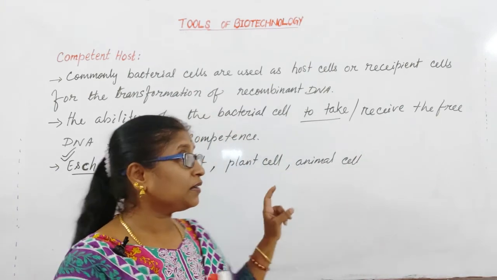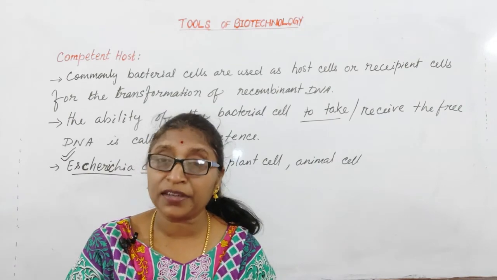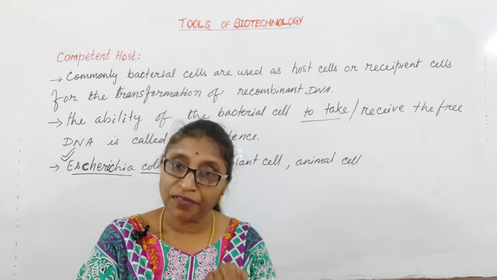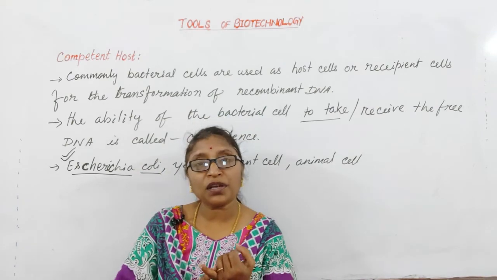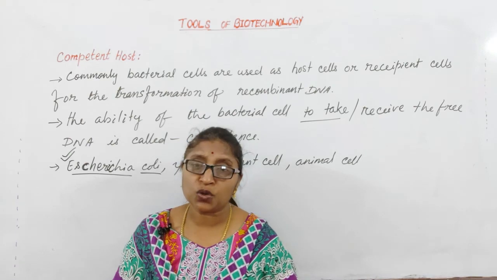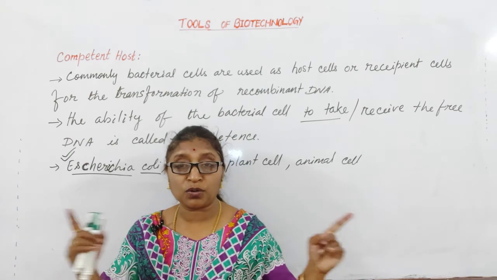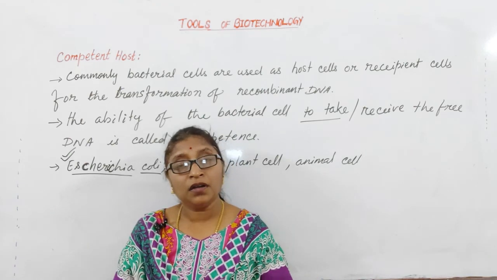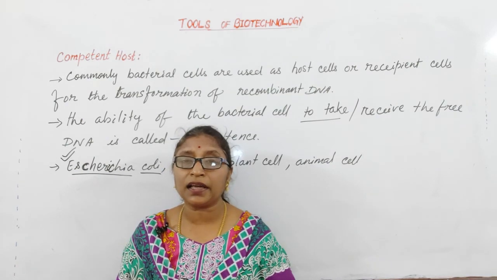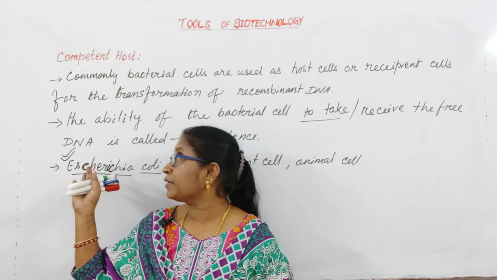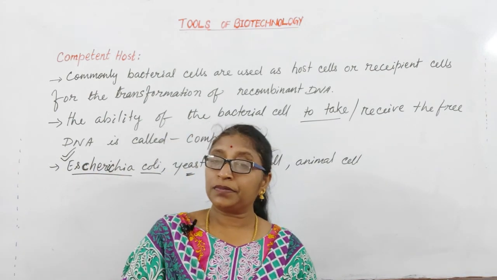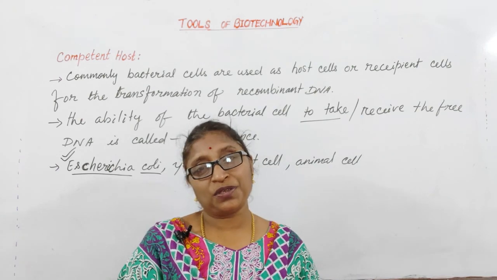Do not forget to maintain your notes, with each heading, the cloning vectors. All types of cloning vectors are important for 2.5 mark short notes, and the cloning vector itself for the 3.5 mark long question, and everywhere the 1 mark questions are there. Even the competent host and the passenger DNA are all important for short notes.